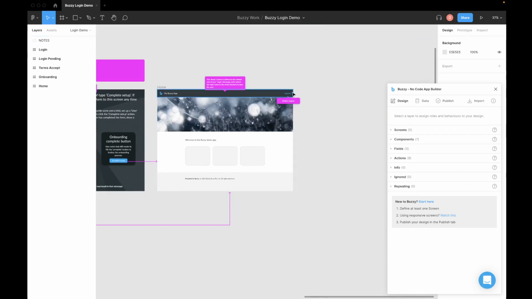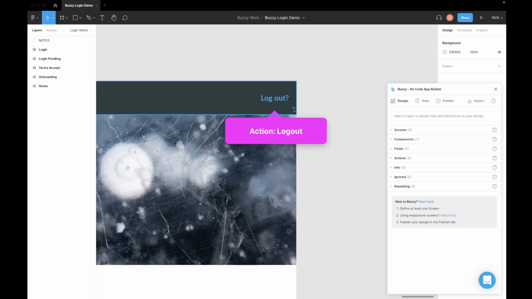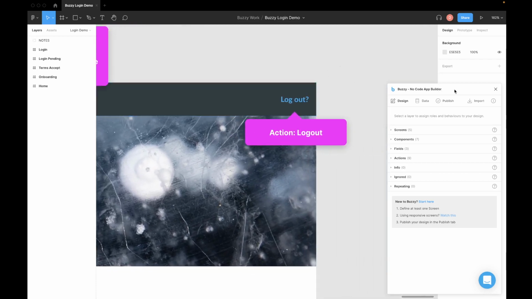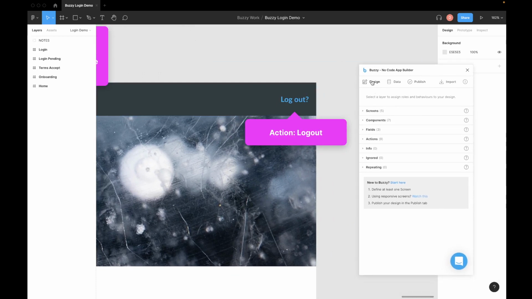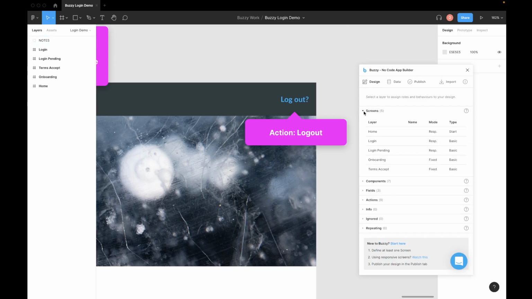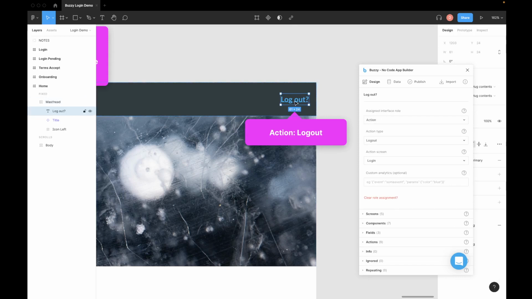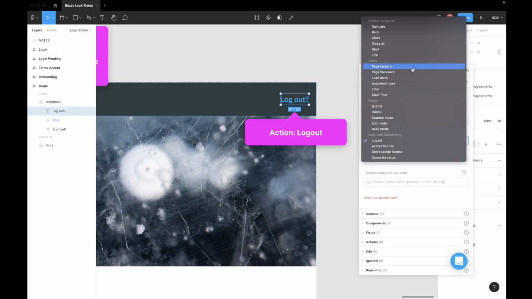Now on the home screen, you'll notice we have the option to log out. So this is probably a good opportunity to talk about the plugin itself. As I mentioned earlier, this has all been marked up already. Our screens are defined and so on. So for instance, there's our logout button or link. It's an action, the same way you define a normal navigation action or whatever it might be. There's a specific type. If you see in your actions menu,